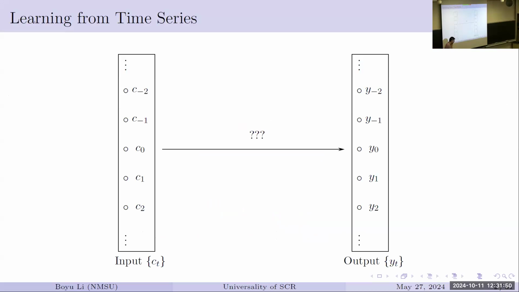So in machine learning, there are a lot of learning ideas. You have a bunch of inputs and you have a bunch of outputs. And your idea is you try to come up with something that connects your input and output. So if you have a new input, you'll get a new output. Okay, so there are several different ways of doing this.